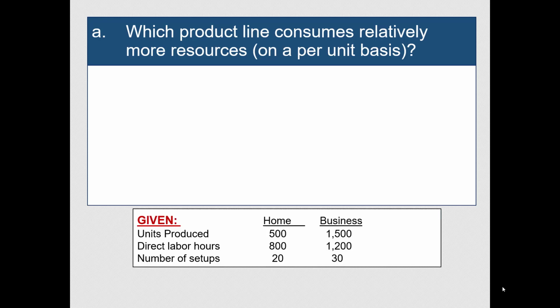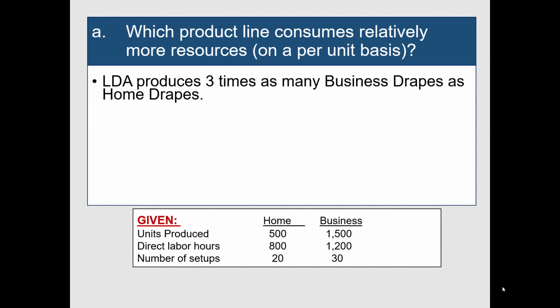Now recall the activity was given to be home drapes. There would be 500 units produced, business drapes 1,500 units. So right away you can see that we're producing 3 times as many business drapes as compared to home drapes. Now we're asking which consumes relatively more resources on a per unit basis. Clearly, business drapes require more resources overall, but they don't require more on a per unit basis because, as you'll